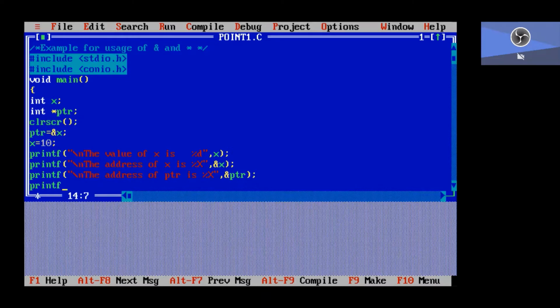We are going to printf \n, and print the value of ptr.